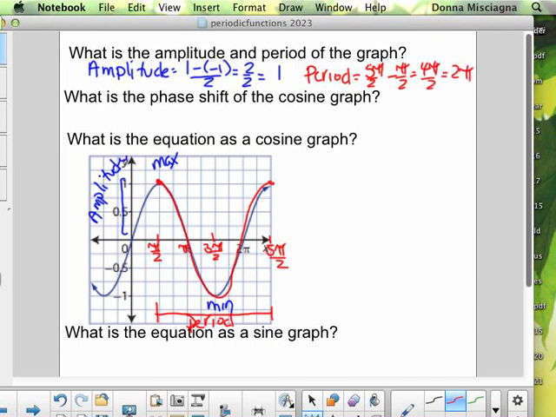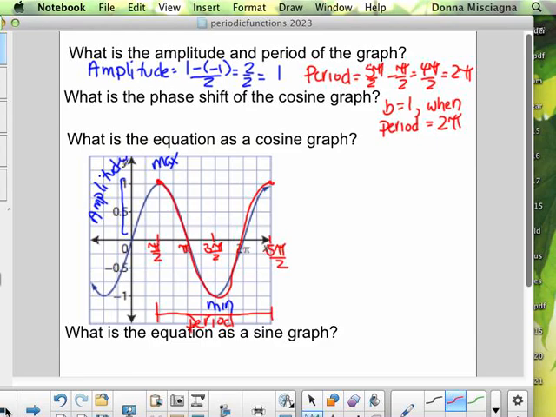Remember that 2 pi is the usual length of a period of sine or cosine. So b equals 1 when the period is 2 pi. We didn't do anything to change the period at all. It's the standard period, as opposed to back here,